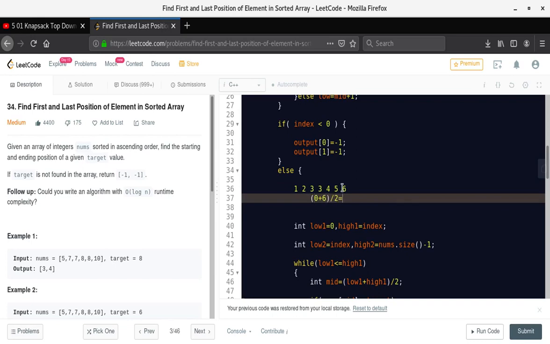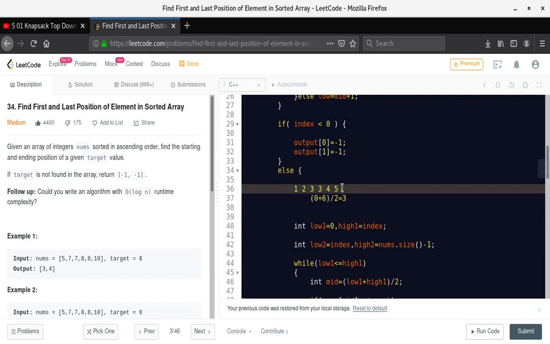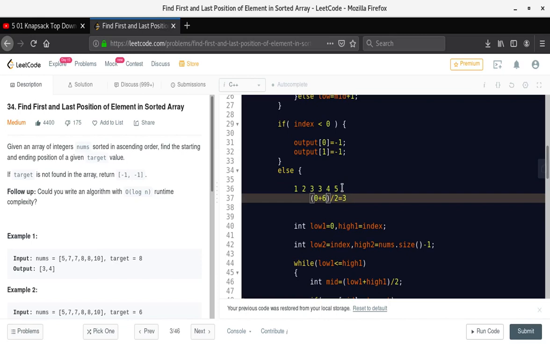So this will give index 3. No. Suppose we have 5 elements, 6 elements. So it will be like 2.